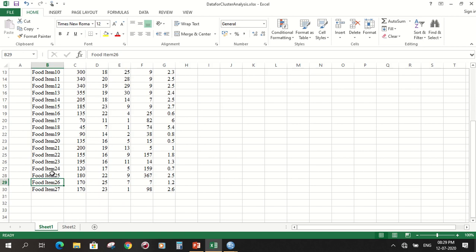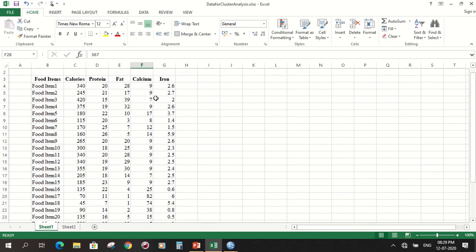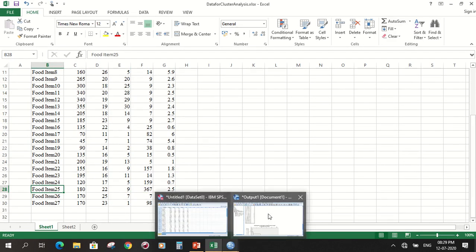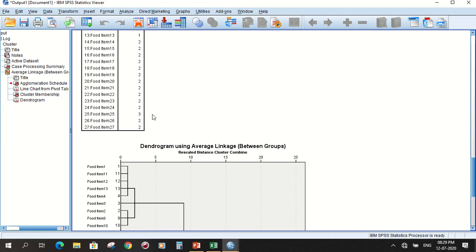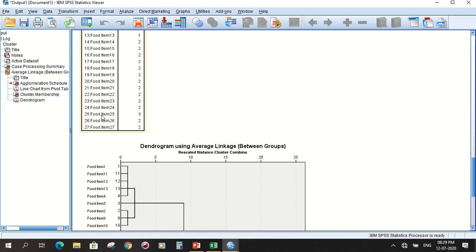Food item 25 has 365, which is calcium, more than all the values here. That's why item 25 is in a different cluster: it has a large amount of calcium, so it has separated into one cluster.